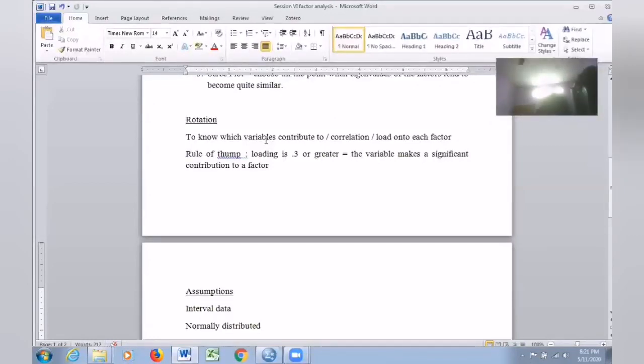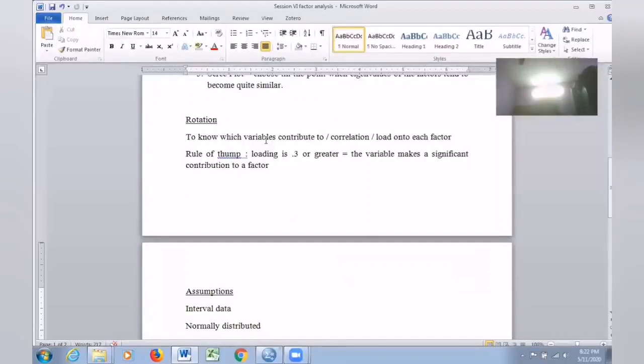The loading should be 0.3 or greater. That means that the variable makes a significant contribution to a factor. So if a variable has 0.3 or greater loading, it has the capability of contributing significantly to that factor. So we can take only those variables which have a significant contribution to the factors concerned.